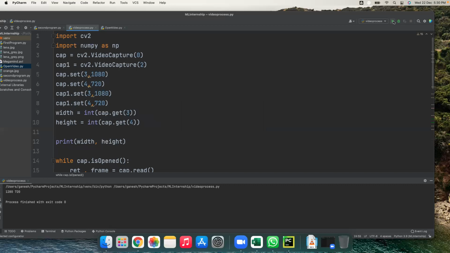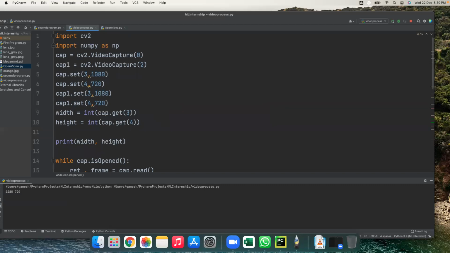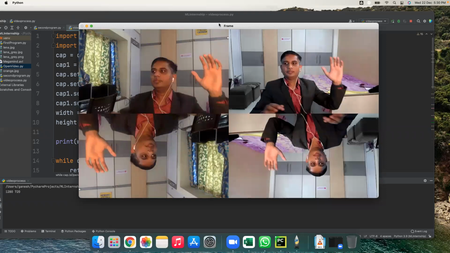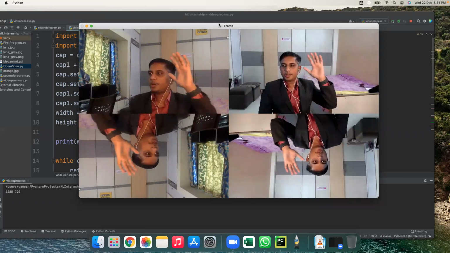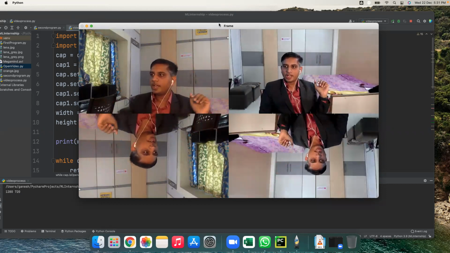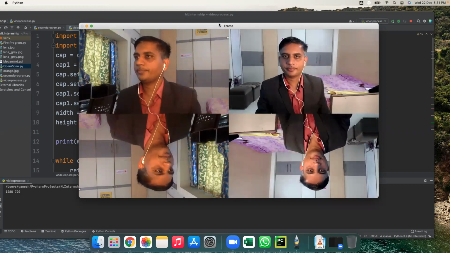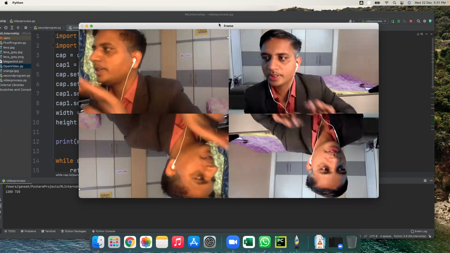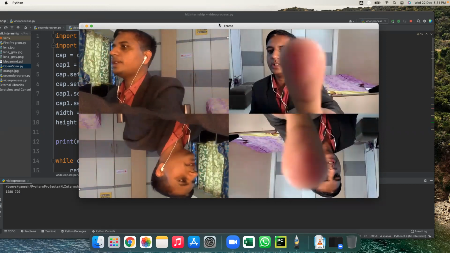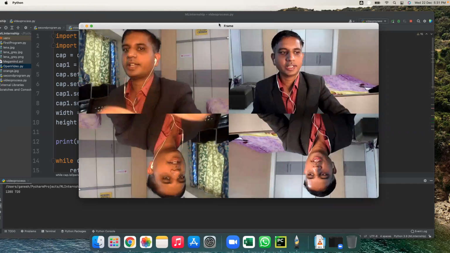Let's try this. You see here, both cameras, different cameras, I am able to show in the same frame. This is the first camera, and this is the second camera.